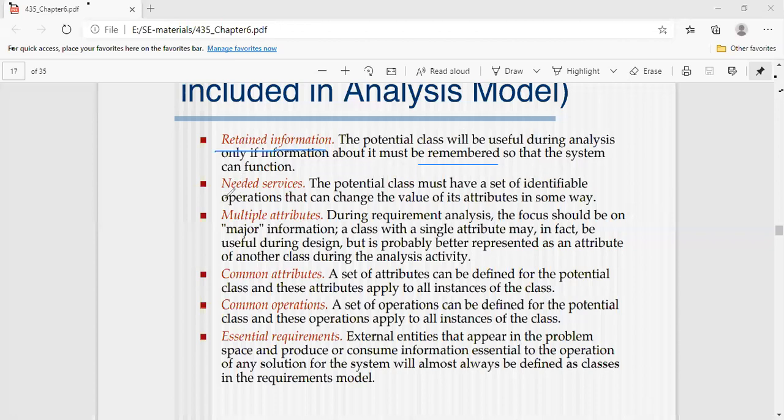And second one, needed services. The potential classes must have a set of identifiable operations that can change the value of their attributes in some way. What are the services the particular customer needs? Such operations should be implemented within that particular project or domain.